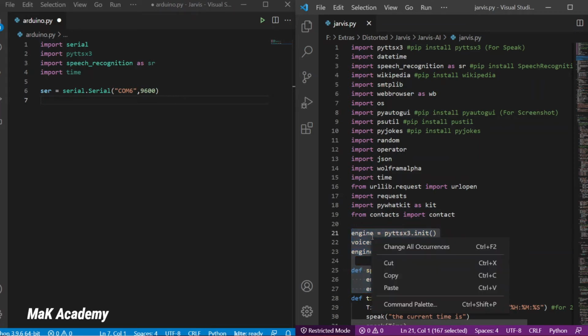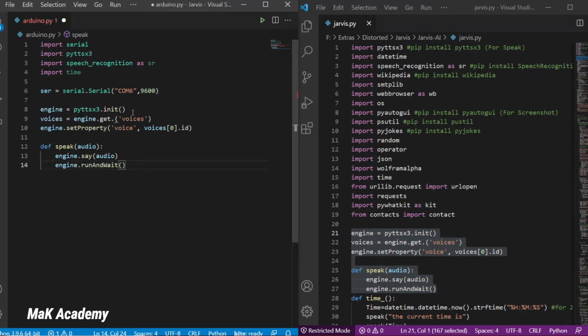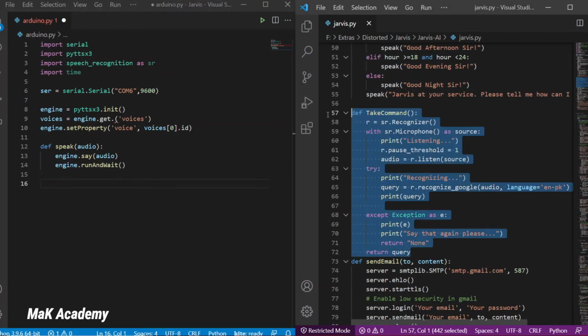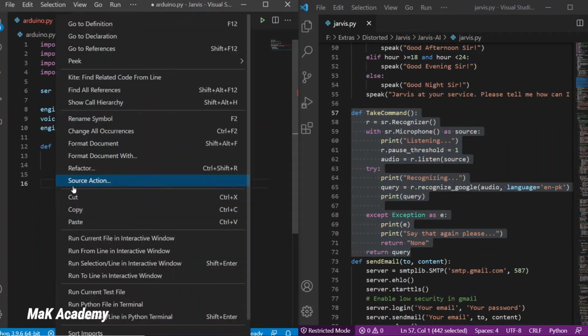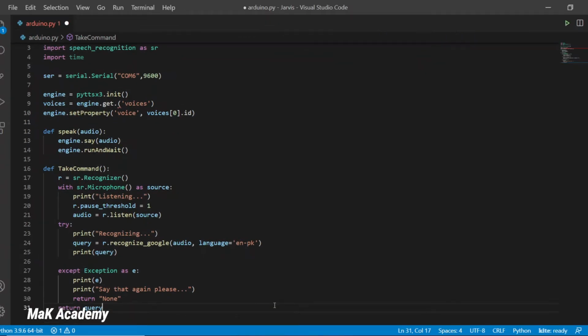I will copy these 6 lines from here and paste them right here. The next thing I need is this take command function. I will copy it from here too, paste it right here, and save this file. Now we can return to our Arduino file. I will maximize it.